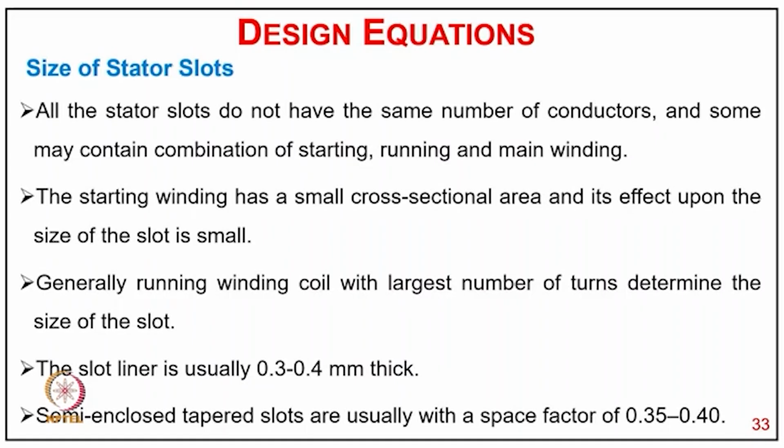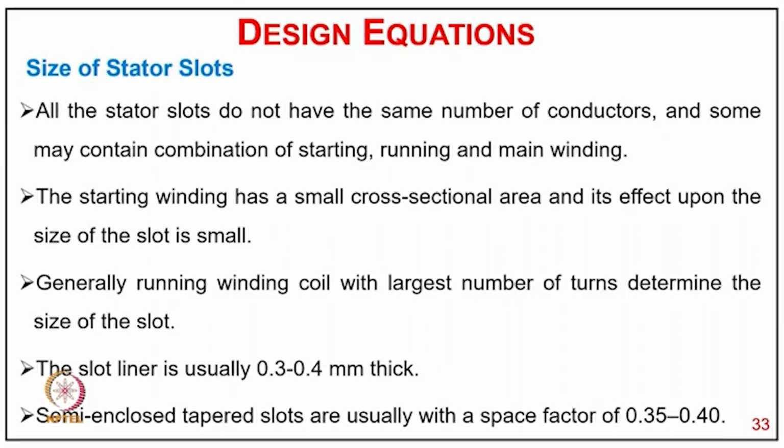So the starting winding has a small cross-section area, and it affects the slot size, which is small, because usually we use a smaller cross-section area so that we have a higher resistance and lower leakage reactance of the auxiliary winding, or you can call it the starting winding. Generally, the running winding coil with the largest number of turns determines the size of the slot,